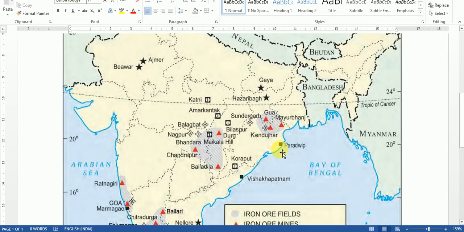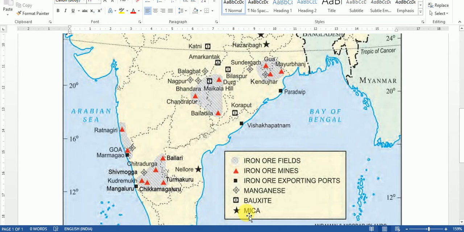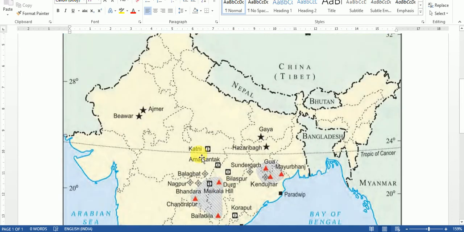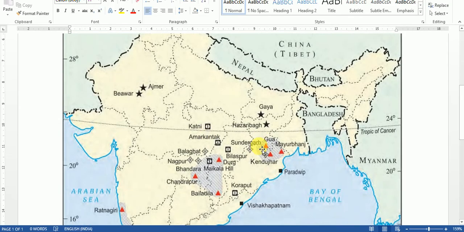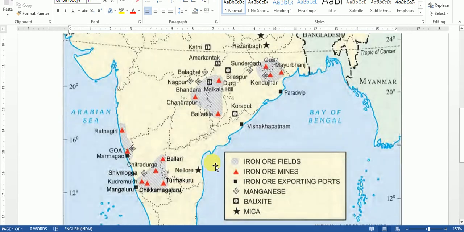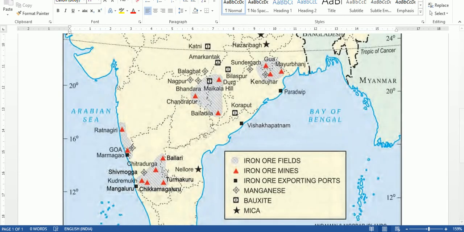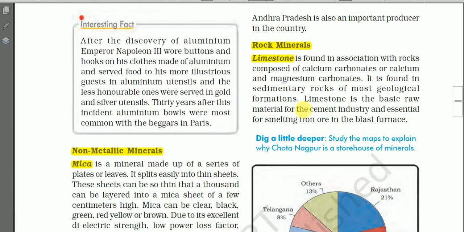Here the star indicates mica. So here Ajmer, Beawar, then here Gaya, then Hazaribagh. Okay, so when you are free, see your textbook. Next we have this